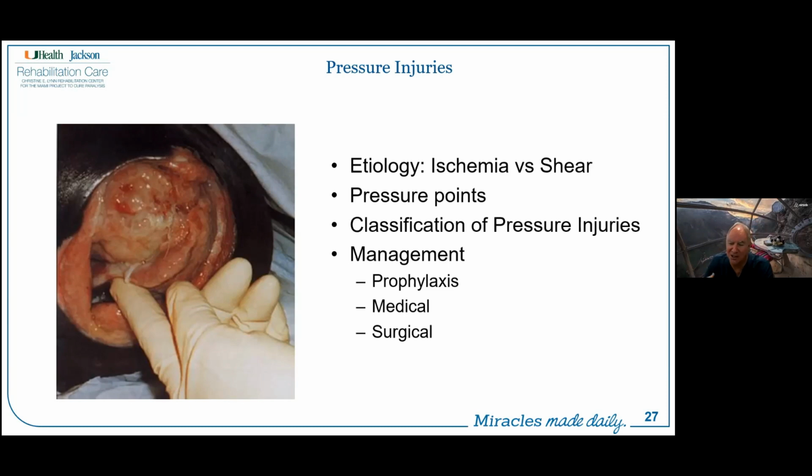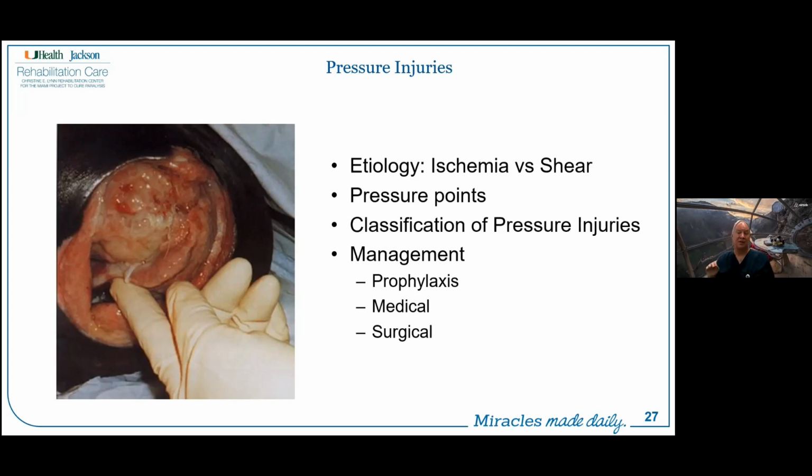Did I mention education? Trying to help them to gain the discipline to do pressure relief frequently when they've never really had to worry about that in the past. They were just automatically, almost subconsciously, doing pressure relief before their spinal cord injury.